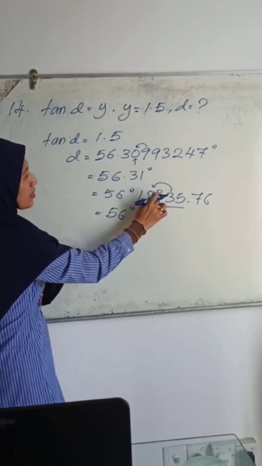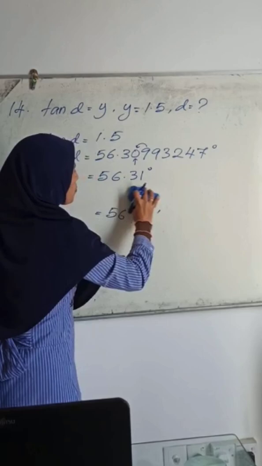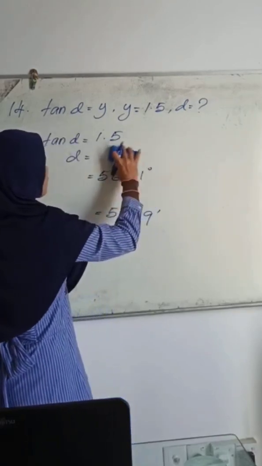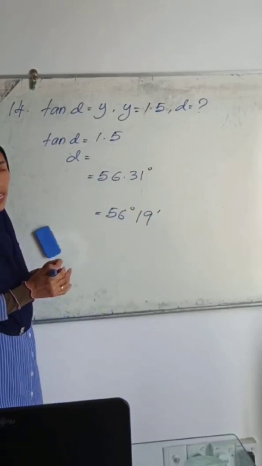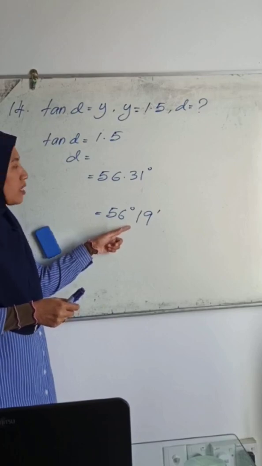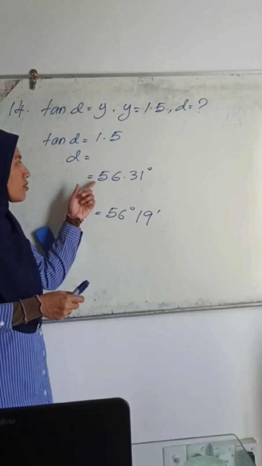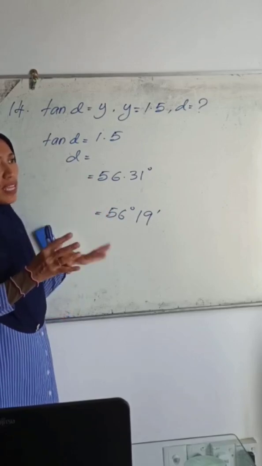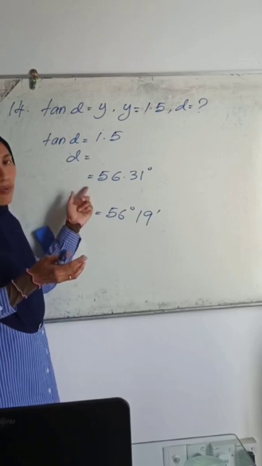Okay? Alright. So you can give me either one answer, no need to put both. Unless the question asks you to give your answer in degrees and minutes, you can write this answer. If the question asks you to give the answer in degrees, you can write this answer. If the question does not state any, you can put either one.